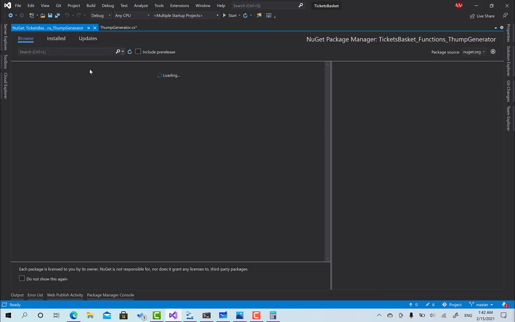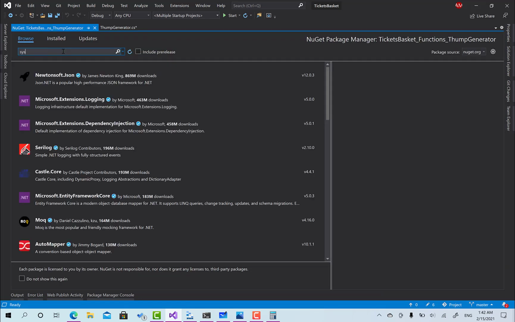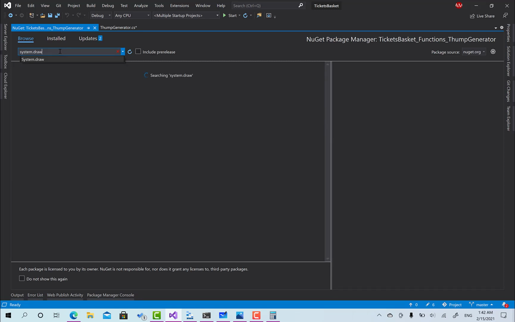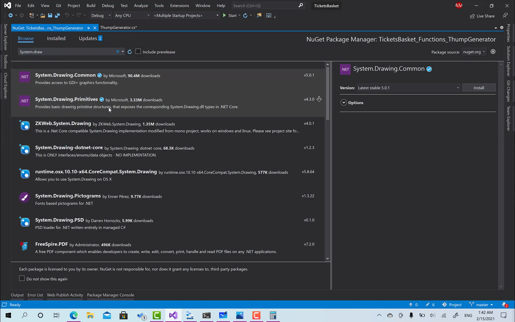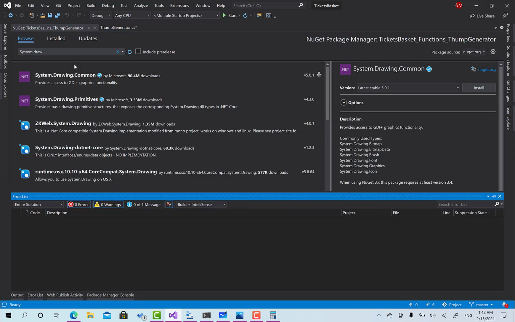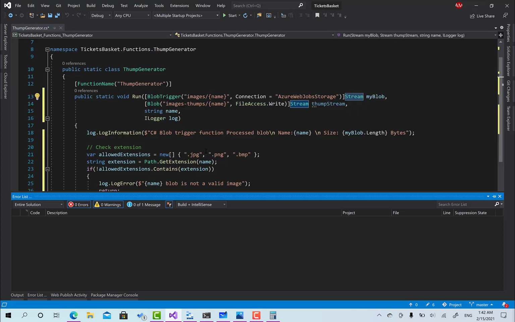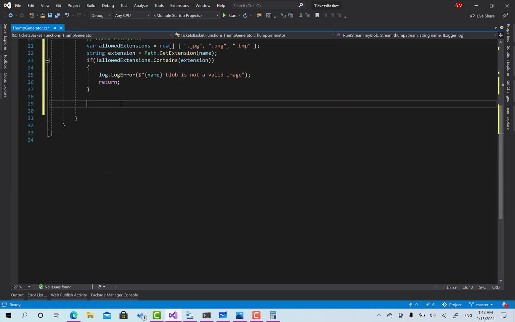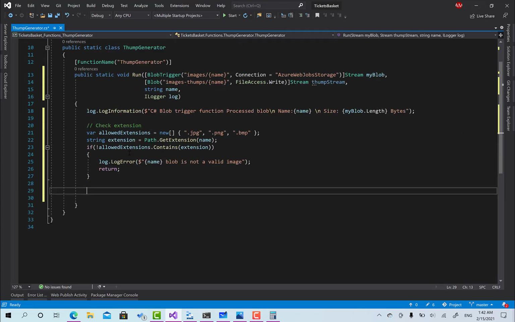manage NuGet packages, and let's search here for system.drawing.common. So this one contains all the APIs and the functionality that you need to manipulate and deal with the graphics and images, as you can see here. Okay, that's perfect. So what I'm gonna do basically is to get the image out of this stream, and simply